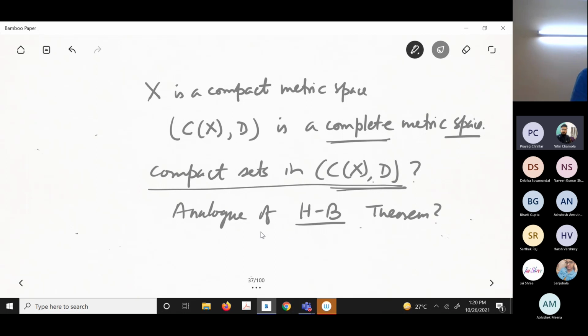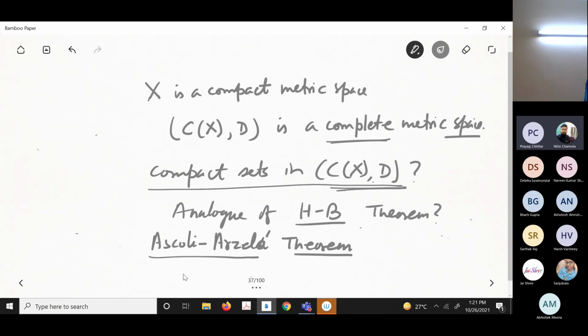Okay, here you have a theorem, an analog, and that is the famous Ascoli-Arzela theorem. You can go to the net to see that. There are two Italians. Look at the history. One of them did a special case, one of them did the general thing. Who is which one, you can see, Ascoli and Arzela. Anything ending with I or A usually is a Latin, an Italian last name.